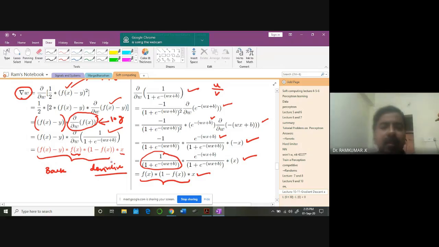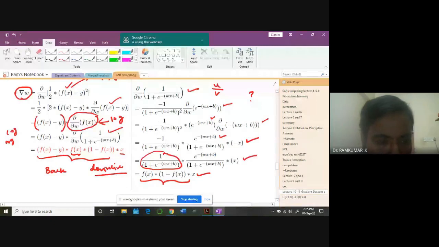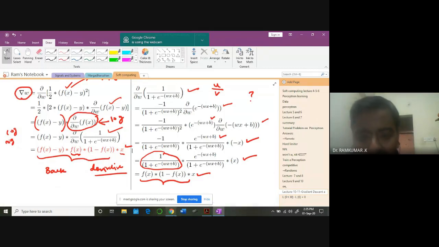Are you getting the point? Anybody having difficulty in visualizing it? Please ask. This is how I'm computing the derivative for log sigmoidal functions. This idea is very powerful. When you work out the algorithm, you can do this step without any difficulty. You need not compute the derivative or gradient at all. To compute delta w, simply take the function minus y, into f(x), again the same function, 1 minus f(x), into x. x is known. From the data point you can collect all these values. Is it clear? Anybody having difficulty?